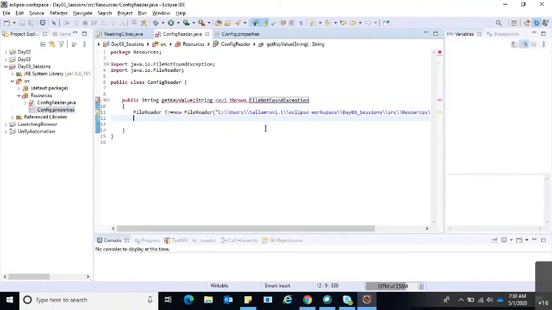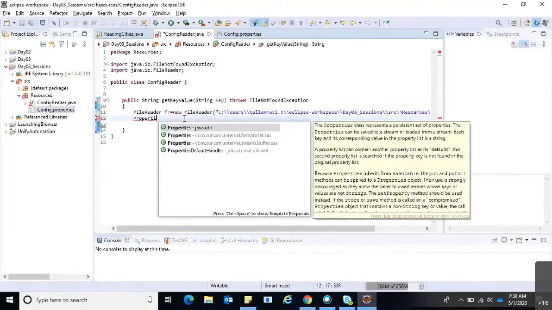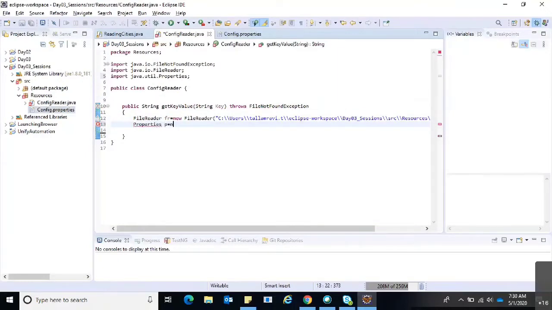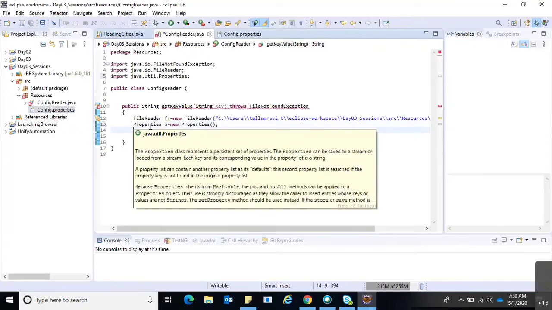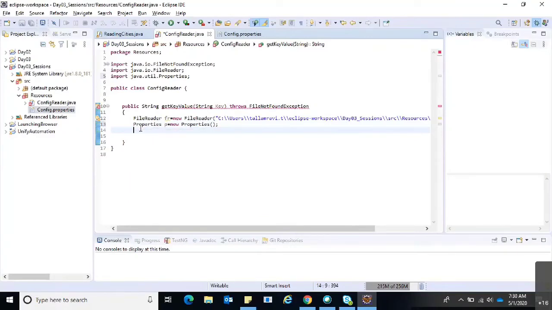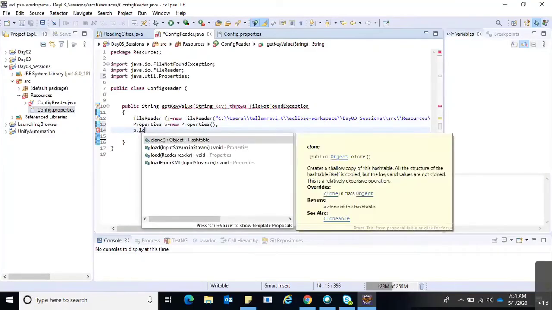Through this I am going to read the config.properties file, and for properties we have a class here, so I'm calling that class, and we should load the file which we read through the file reader.